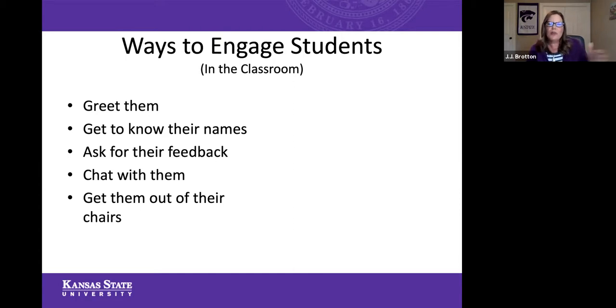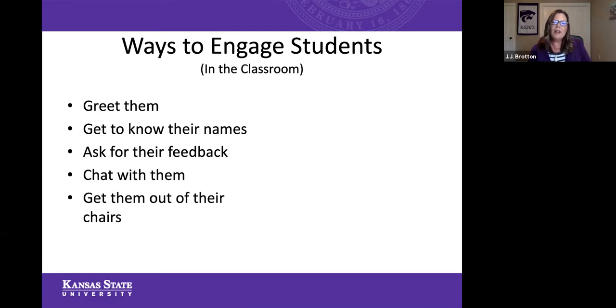About two-thirds or three-quarters of the way through the semester, I assign groups, and then at the end of the semester, I'll let them choose their own groups. But it's been a fun way to get students out of their chair. A lot of times I'll have them move around the room. I have the luxury of having lovely whiteboards in my rooms, so I'll have them put their information on the whiteboard, and then we'll make a train around the room and walk around and see what everybody else put. Then I'll have them have a conversation. What did you see that you really liked or didn't like, or that kind of stuff.